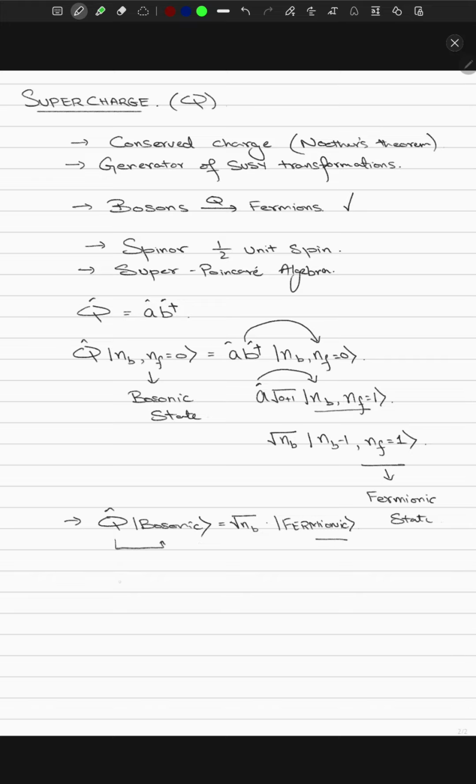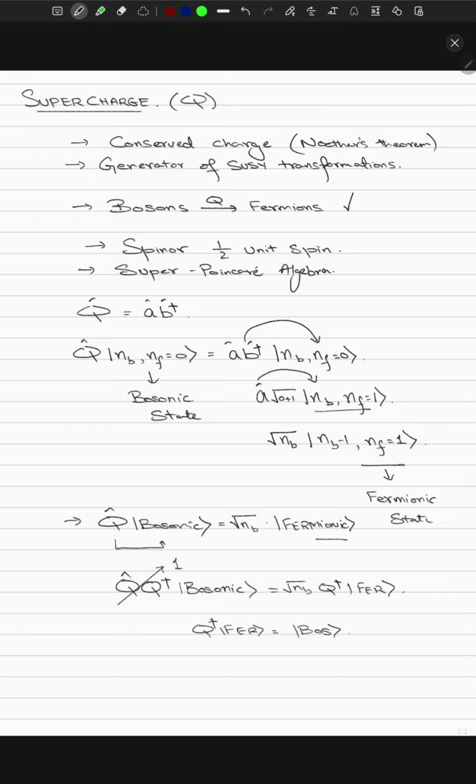And you can check that if you simply take Q and Q dagger and take a bosonic state, then you'd have Q dagger on a fermionic state,